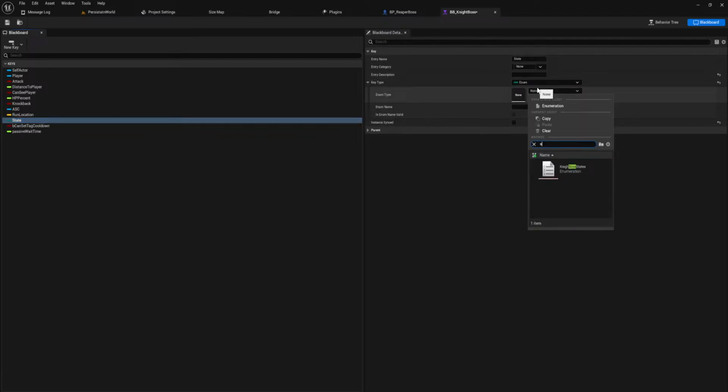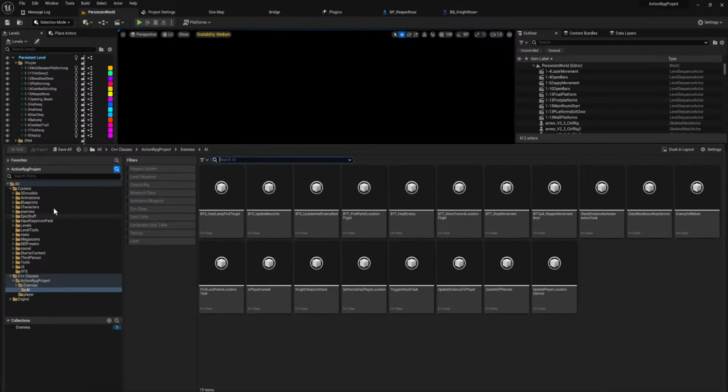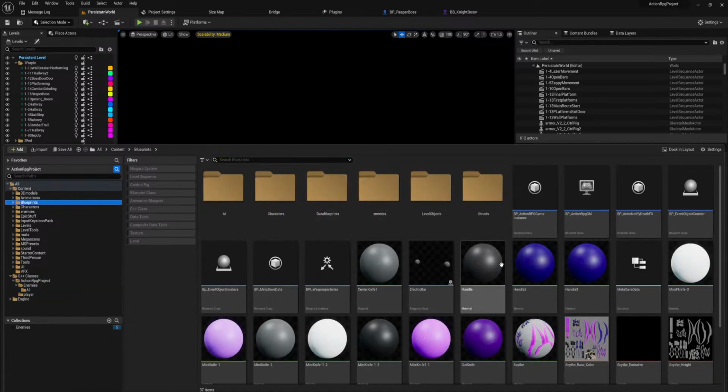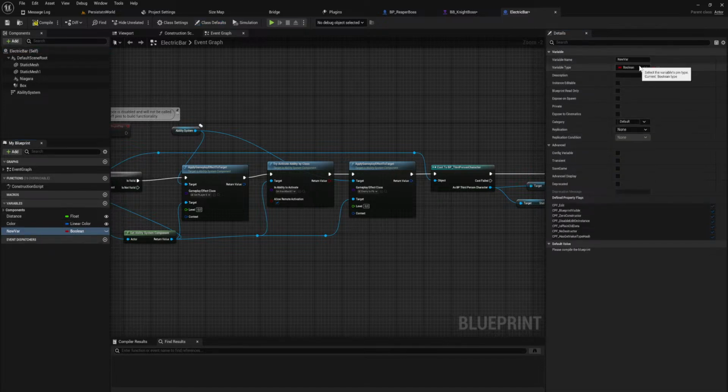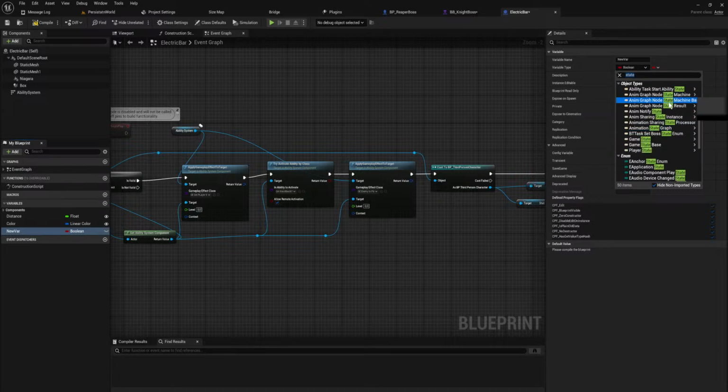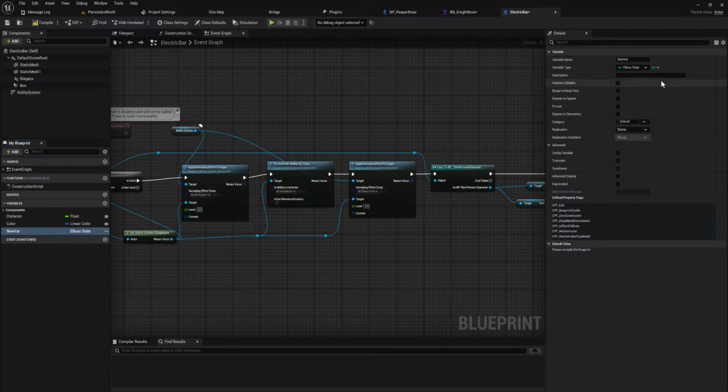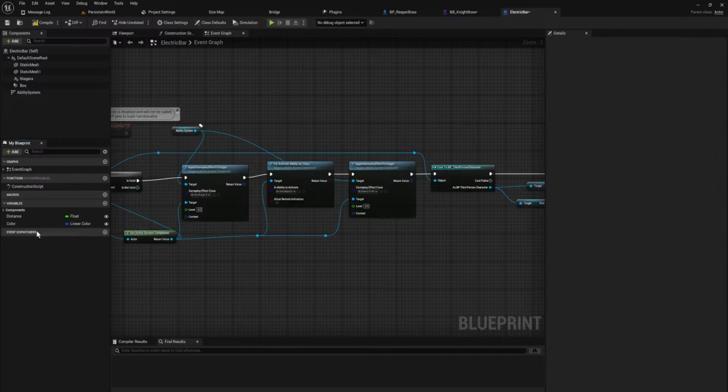No. No, it's just not there. If I go into a random blueprint, this one, and I try to make a variable of type boss state, enums, boss state. There we go. It exists. Now we compile, we can see that it's passive aggressive dead. So it exists. Why though?